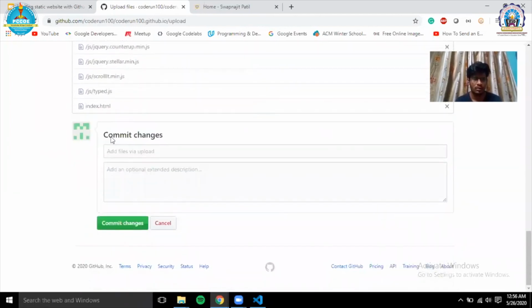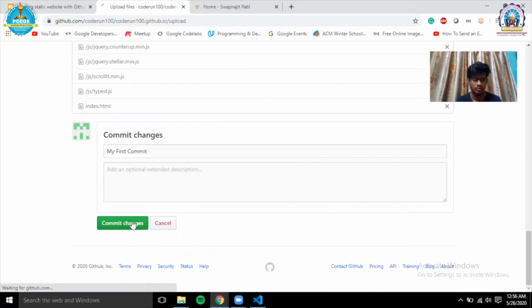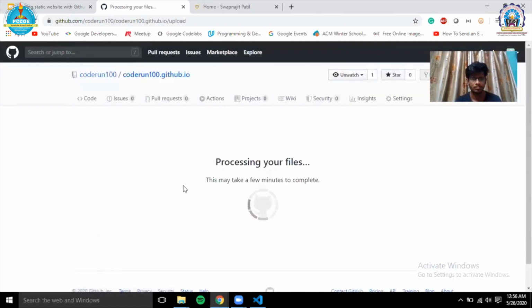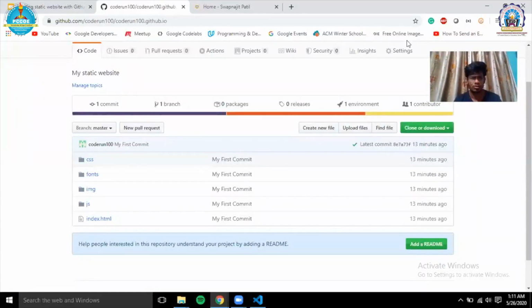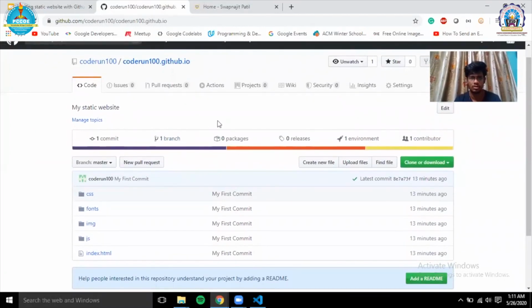Now I will perform the commit. For this purpose, add some commit message like my first commit and commit the changes. So this will add all of your files to your repo. So now you can see all of your files have been uploaded to your repository.